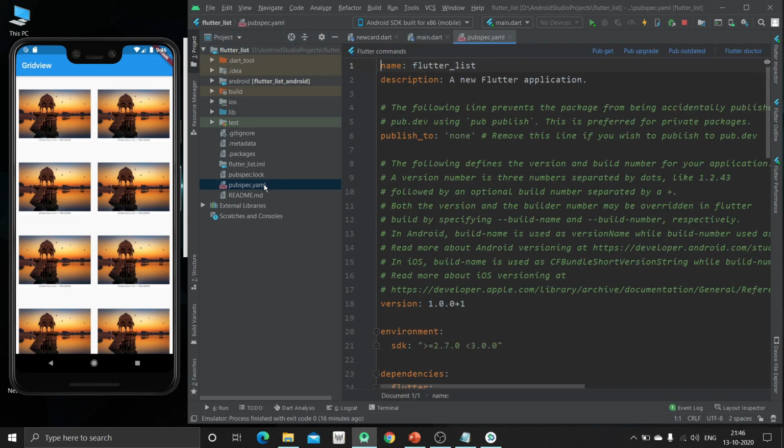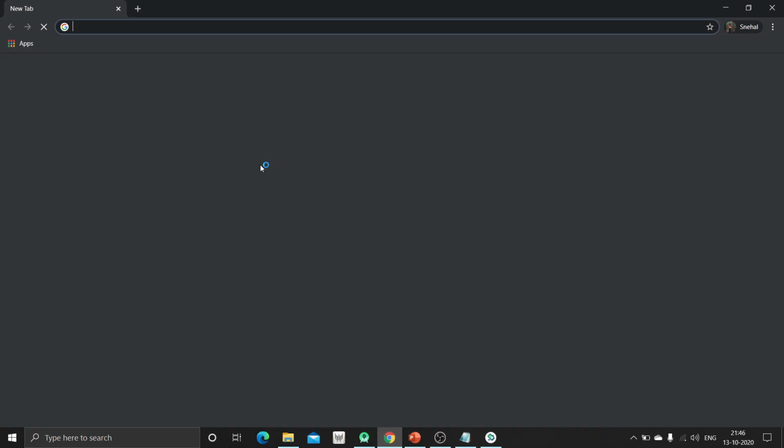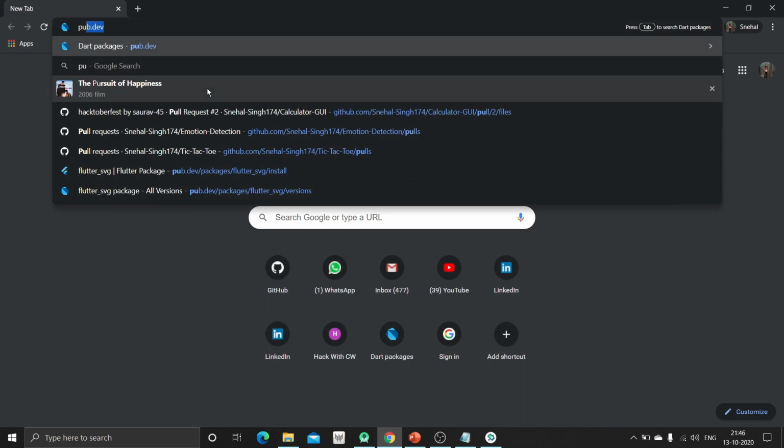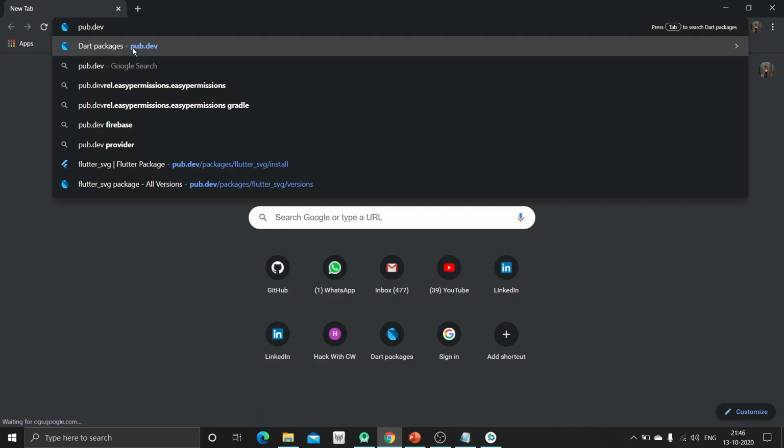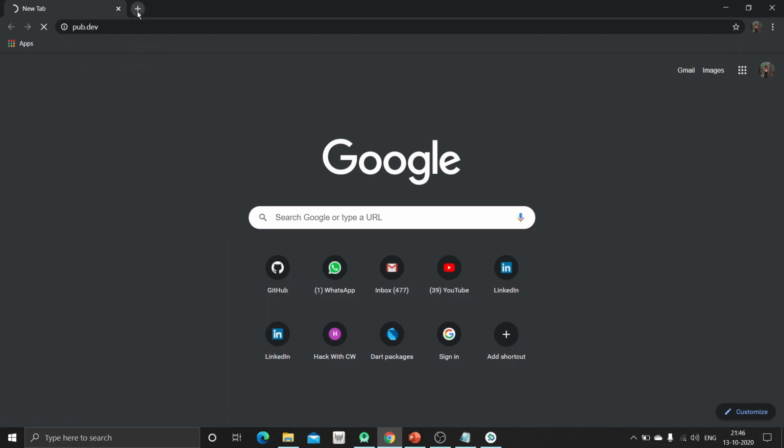For that we have to specify that package inside this pubspec.yaml file. So first of all we are going to open the pub.dev website, which is the official website having the Dart packages which can be implemented in our app. So we are just going to open that.